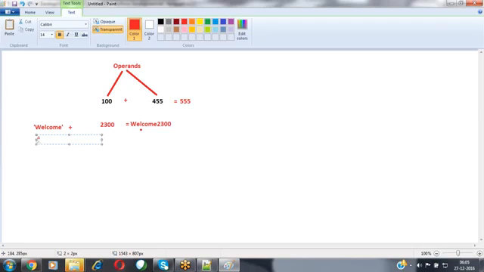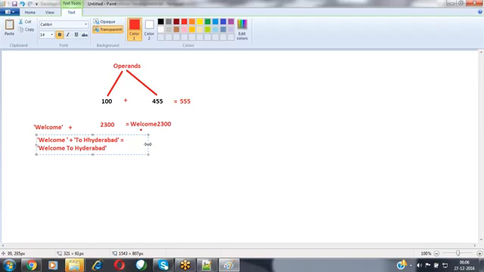Nothing but it is concatenating both the values. For example, if both values are of type string, like welcome plus to Hyderabad, then whenever you use the plus operator, it returns the concatenation value: Welcome to Hyderabad.